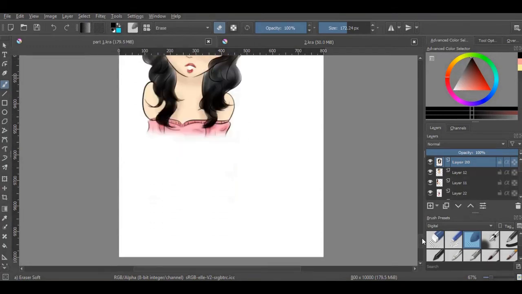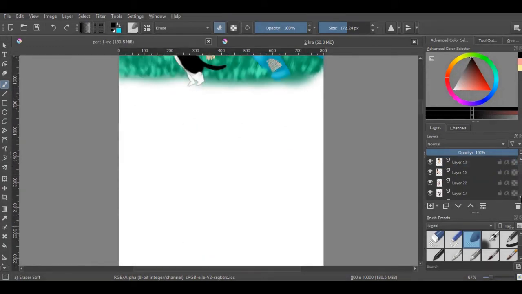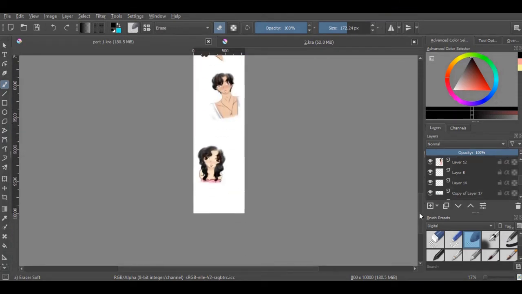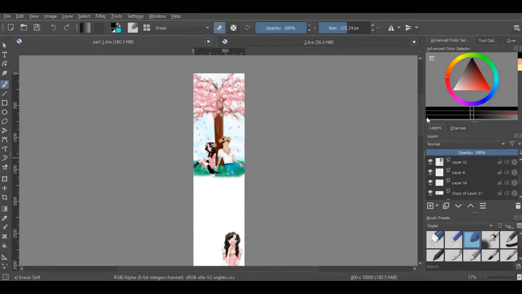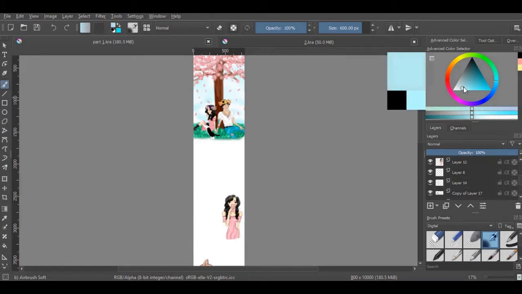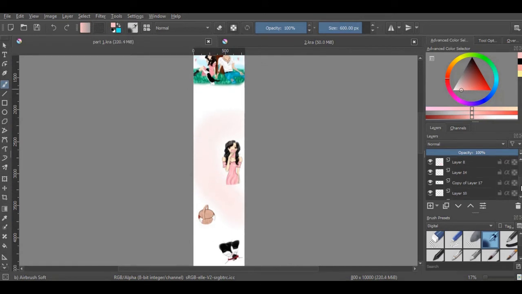So something else I do that's different, right, I'm such a hipster, whatever: I make the entire background. Like I was saying, I make it all an art piece. I would rather make it like an art piece. So I just take the airbrush tool and kind of just lightly